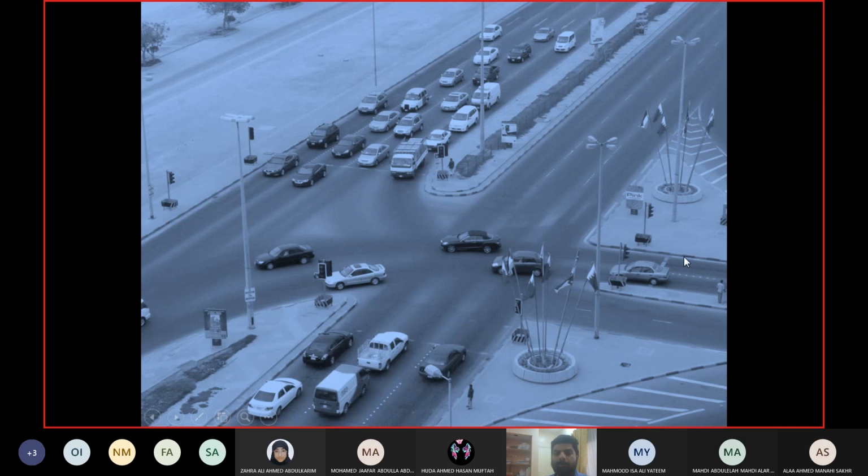Now, what can create a problem of sight distance? You see on all sides the roads are very wide, 3-4 lanes on each side. On these types of roads, the speed is usually high, or the drivers tend to come at high speeds. So for high speed, now you look at the signal posts. On all 3 sides, the signal posts are at normal height, like you would find a signal post in a local street or something.